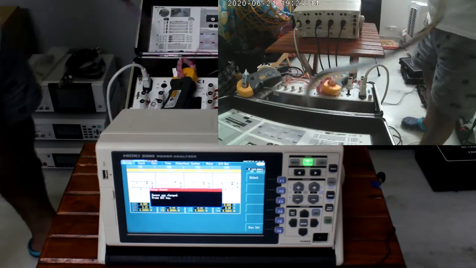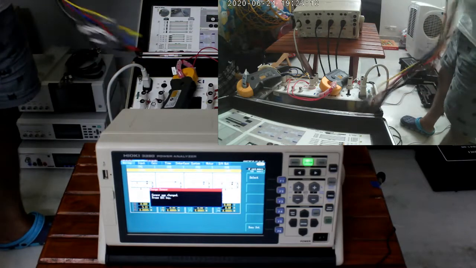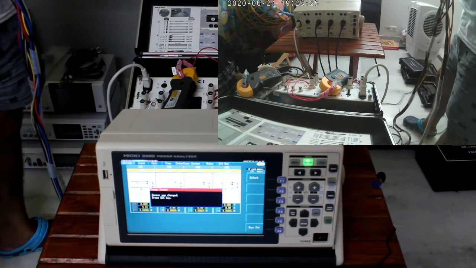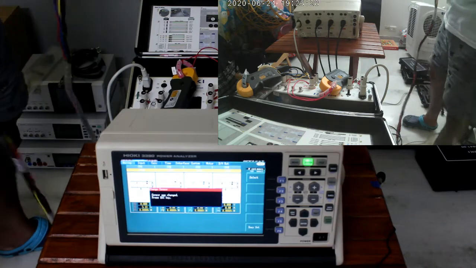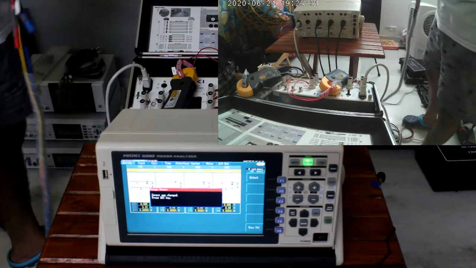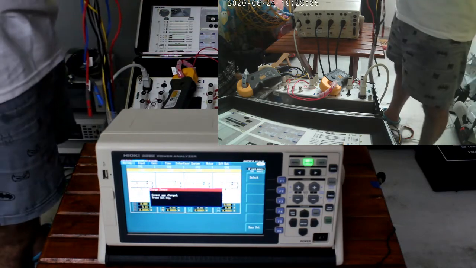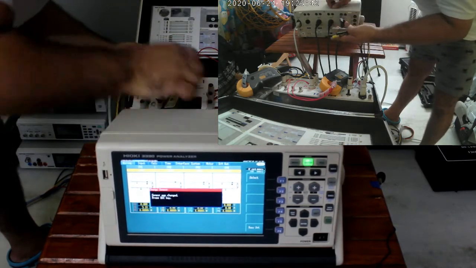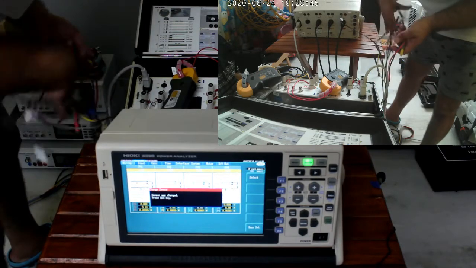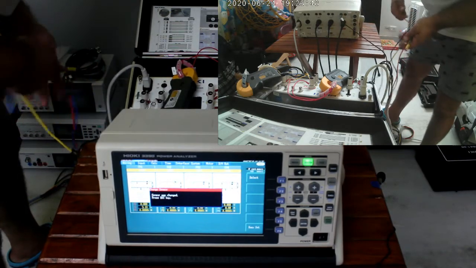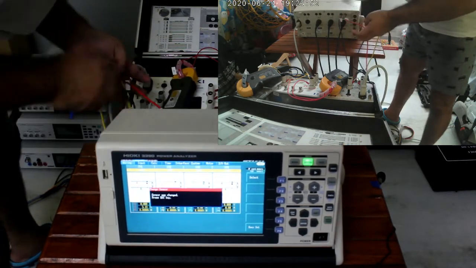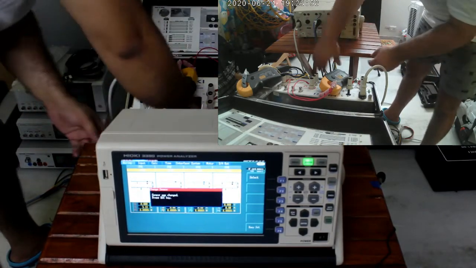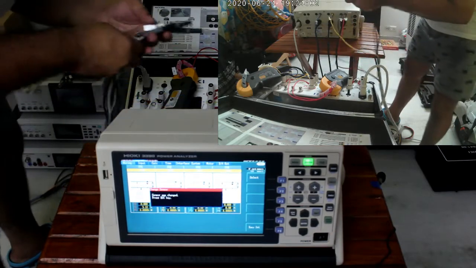Now we will connect the voltage probes. The neutral, R, Y, B, and their neutral I will connect.